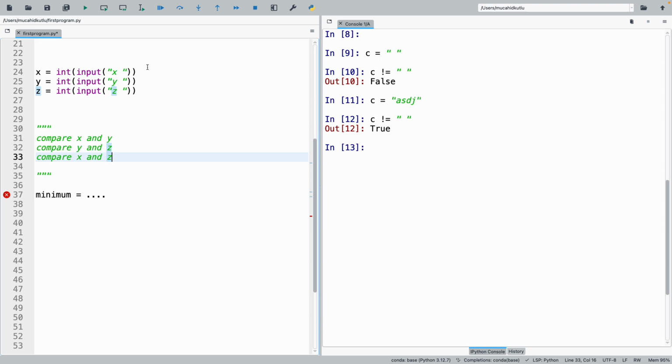We really need to be specific about our algorithmic steps in Python. We say, okay, compare x and y. Then what should we do? If I print, what will I print? If x is greater than y, but the question is not actually asking us to print. It is just asking to find the minimum value. If x is less than y,